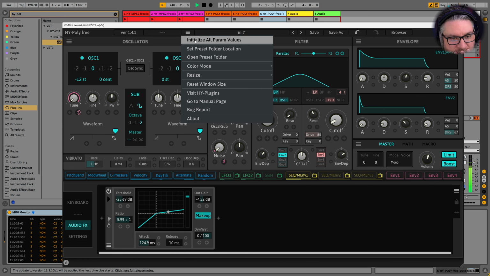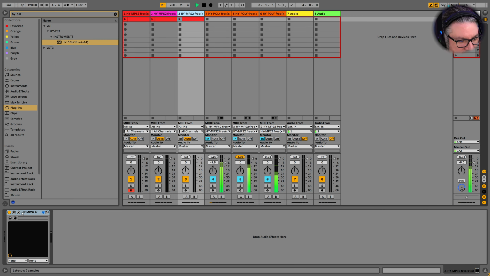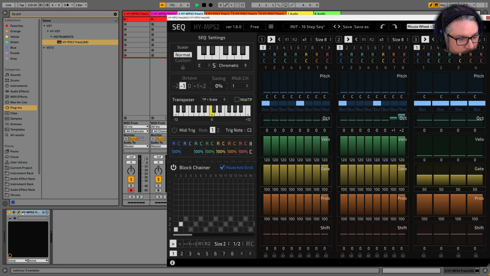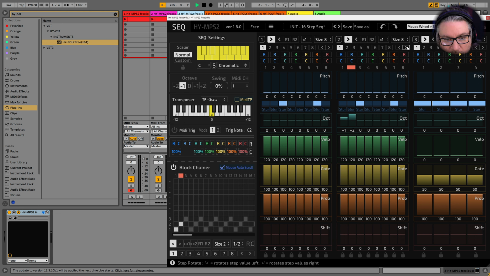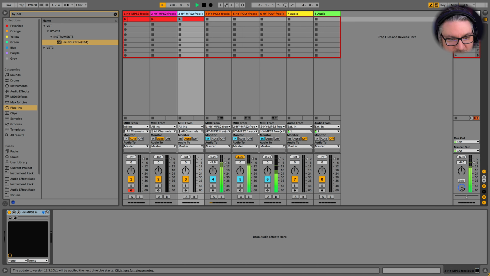So that's a kick. And let's just change it up. We're going to use this as our snare. So what we're going to do is just shift these guys. Did I change the right one? Oh, I got to make it so it routes from there.